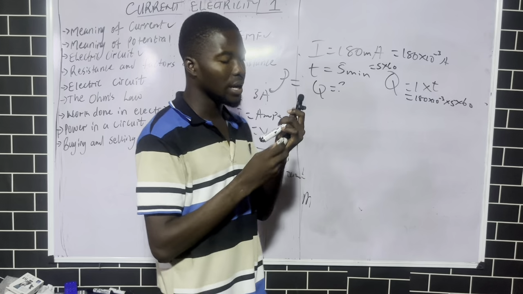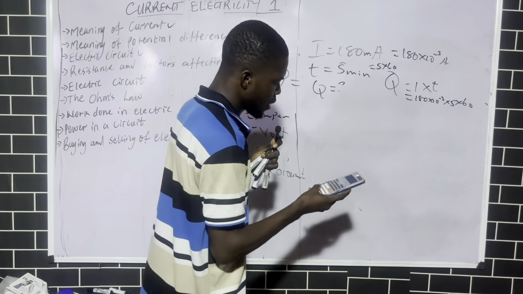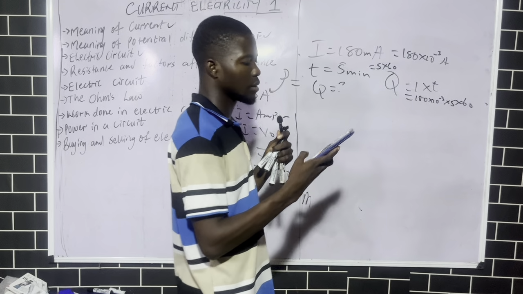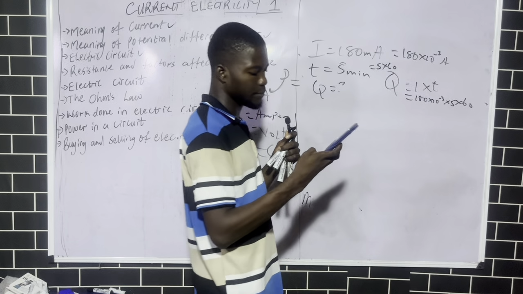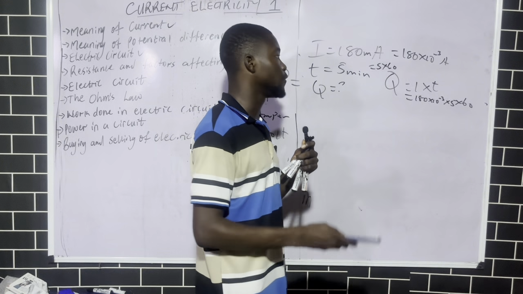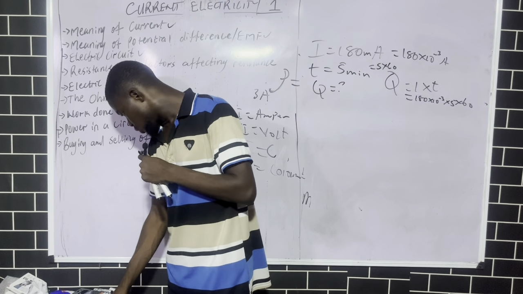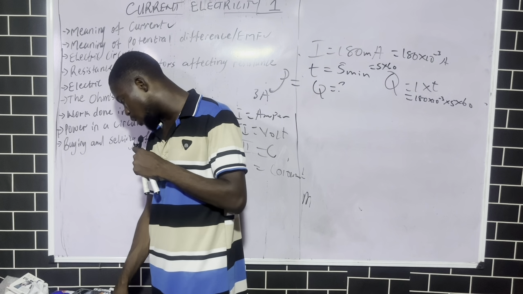Press your calculator and you will get your answer. So on my calculator, I have 180 times 5 times 60 times 10 raised to the power minus 3. The answer is 54 coulomb, and that's option A. So another question we have here is: 60 millicoulomb of electricity passes through a conductor for